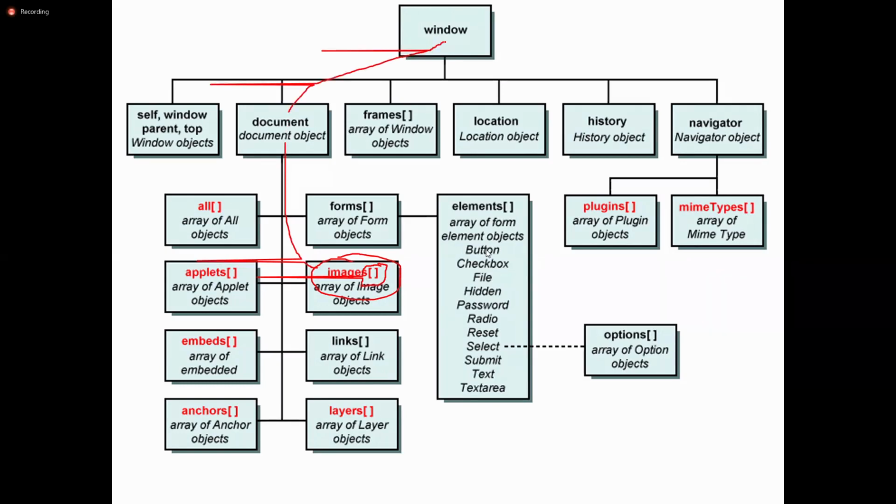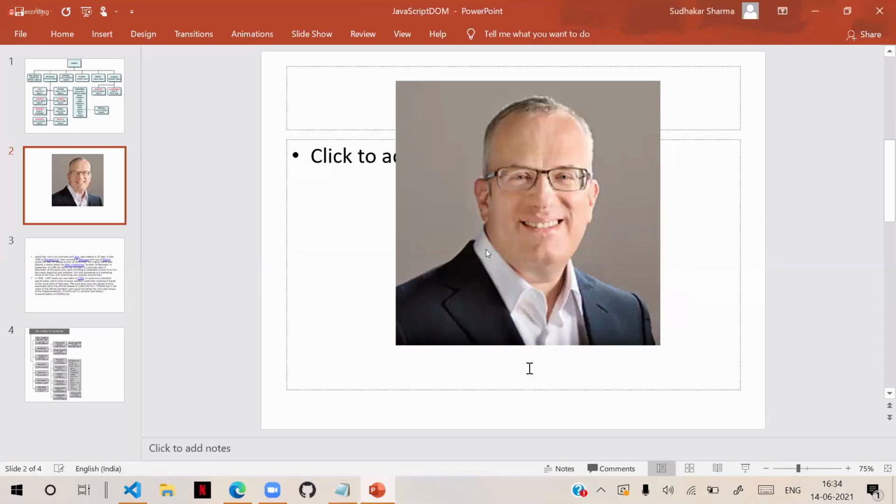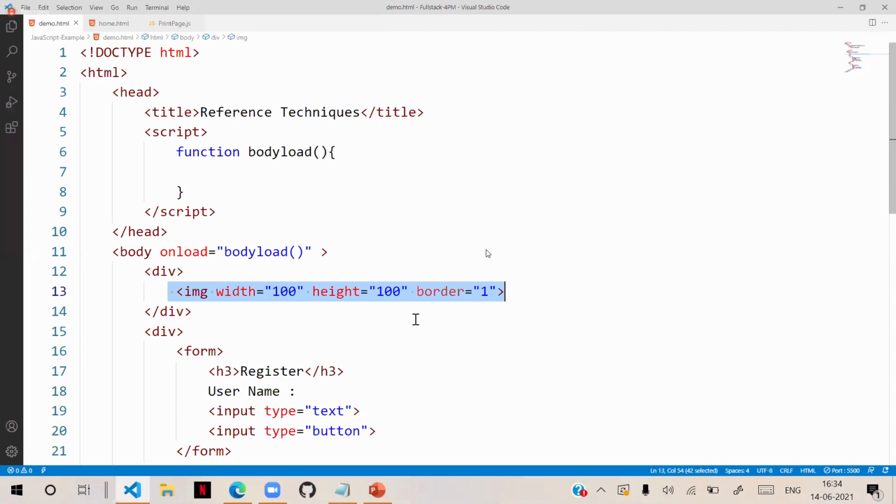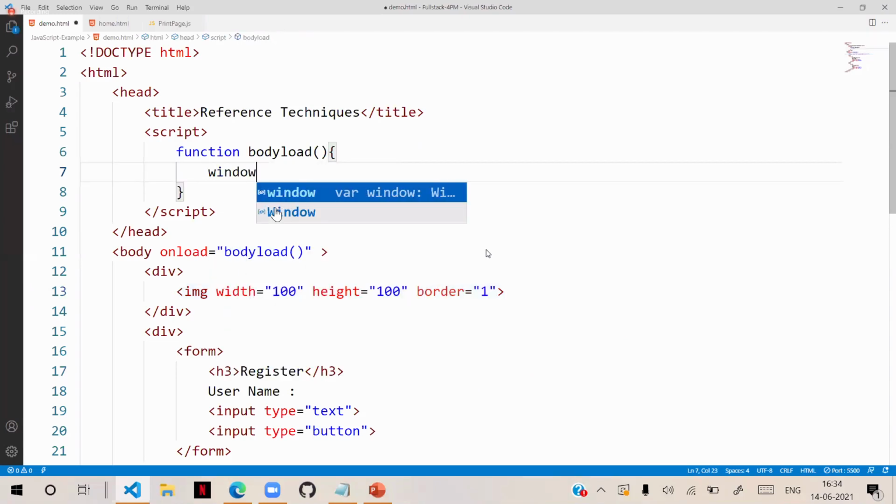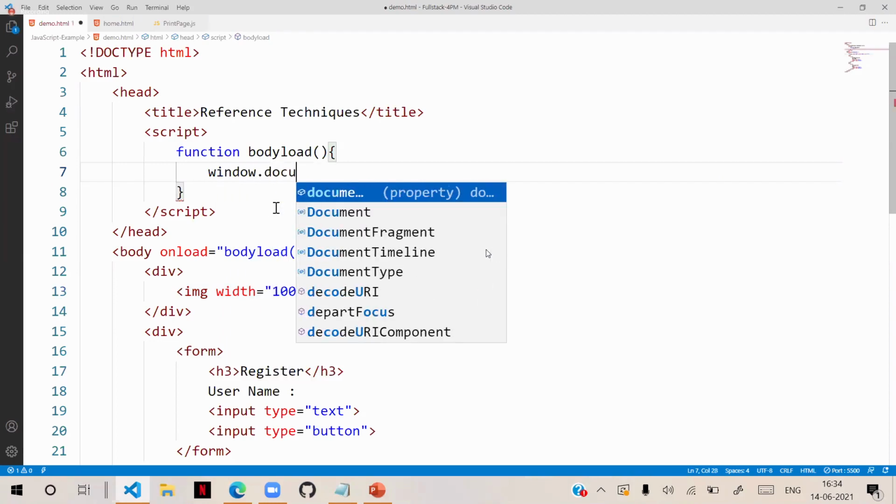That is the hierarchy. So generally how we access now is, we can access by using this technique. So the DOM hierarchy. So window is the parent. Dot in window, document.